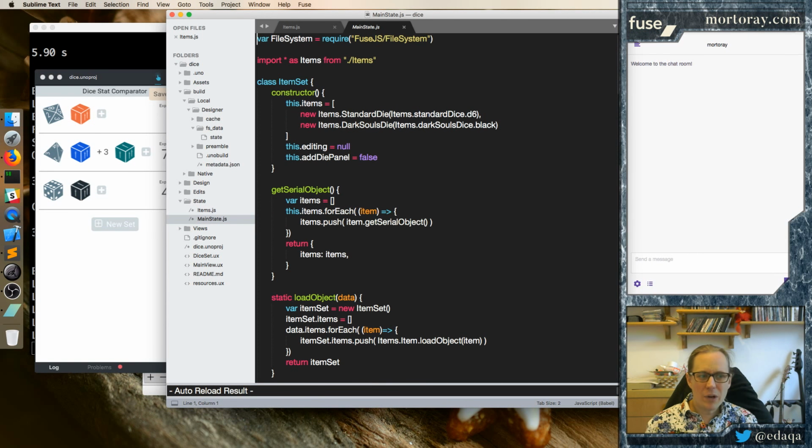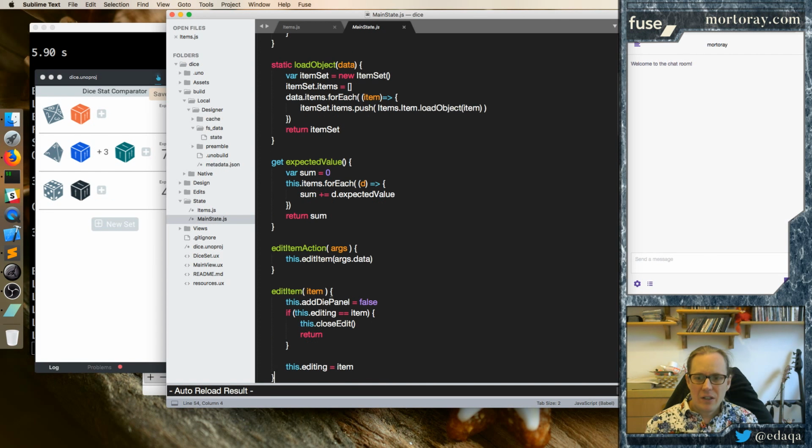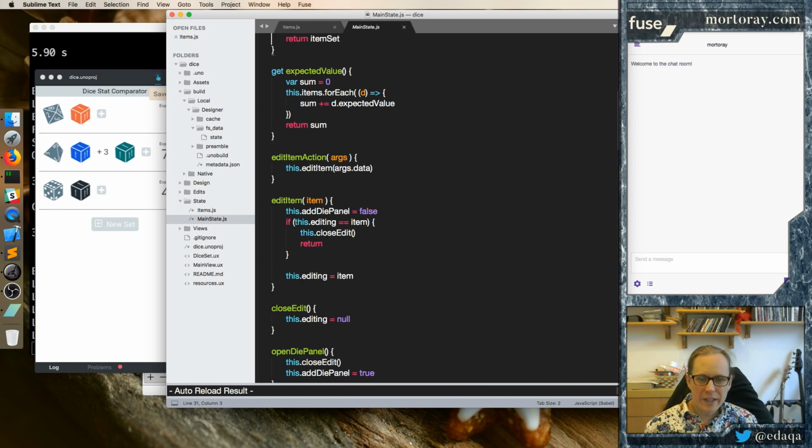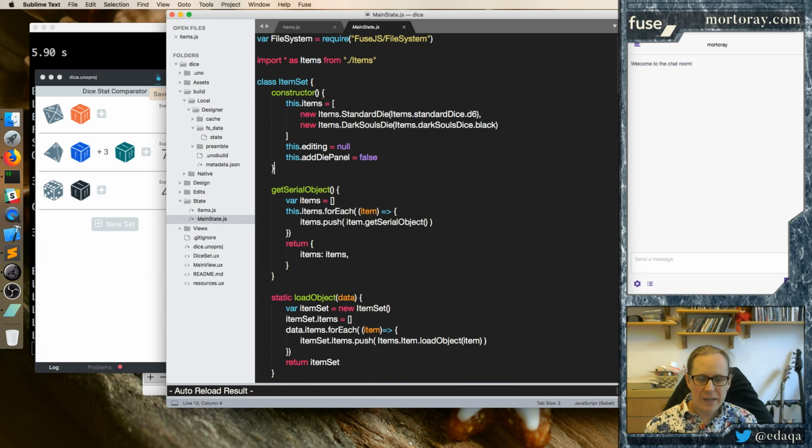Now, how might we want to do that? We can either use UX to propagate the event, or we can make our own event, or we can give the item set its own sort of signaling message up to the set there. Or we can create a new module saying when a request to save has to be made. There are so many options here, it's really tough to say what the best practice is. So let's just pick one and go with it. Let's pick the one where the item sets